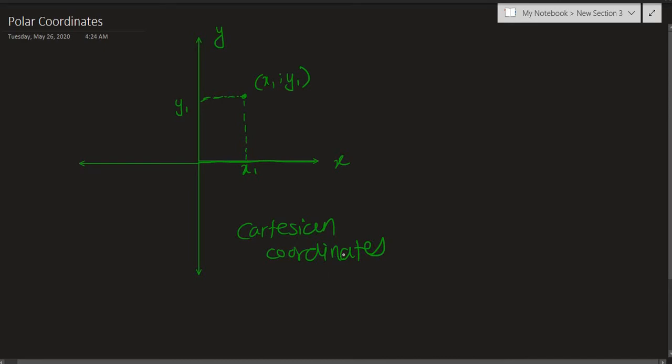Now polar coordinates on the other hand are way different. Instead of representing any point as a combination of x and y, we can represent any point by a combination of r, or the distance it is away from the center, this is the center, and what angle it subtends with respect to this plane, or theta. So r comma theta. So r basically varies. This could be 1, this could be r equals 2, this could be r equals 3.